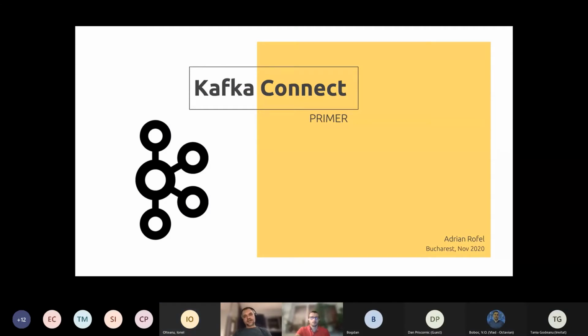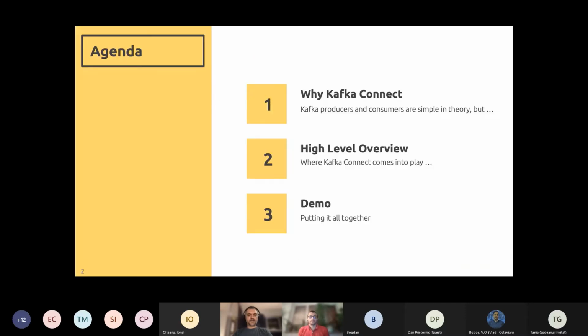Okay, in the first session, we'll discuss a bit about Kafka Connect, and we will cover some basics without going into a great depth about it.